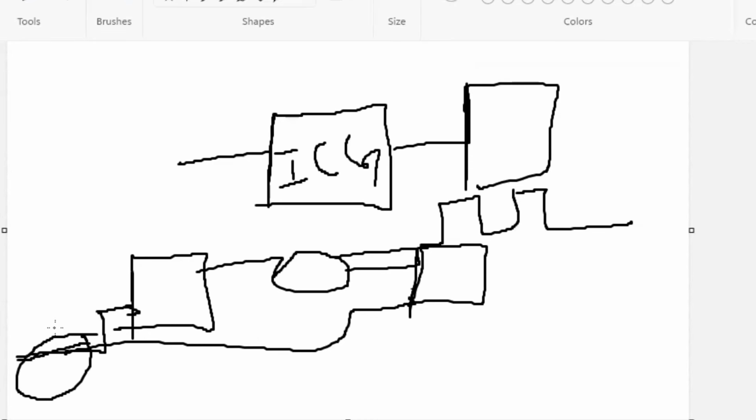Okay. Why are derates applied? Basically, to improve the pessimism, or to give